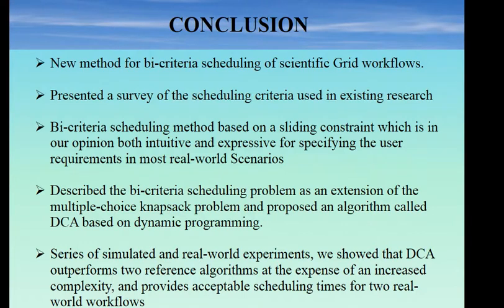Here again they have explained the two phases of the criteria, that is the primary scheduling and the secondary scheduling, and they have used the sliding constraint, which is the result of the primary scheduling, and that result would be used in secondary scheduling. The next described the bi-criteria scheduling problem, that is the DCA algorithm, an extension of the multiple choice knapsack problem, and I have explained the